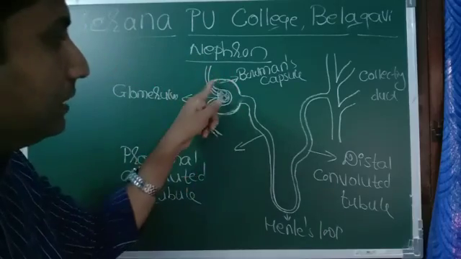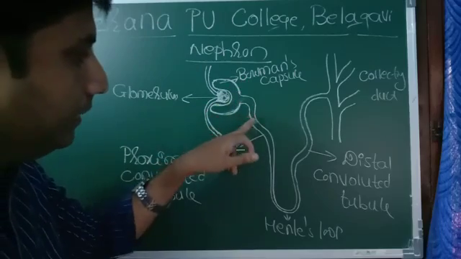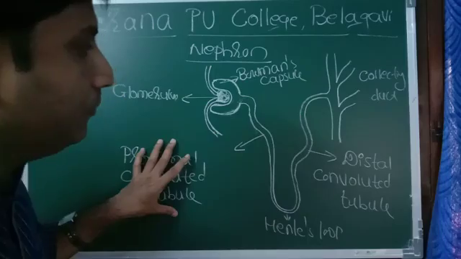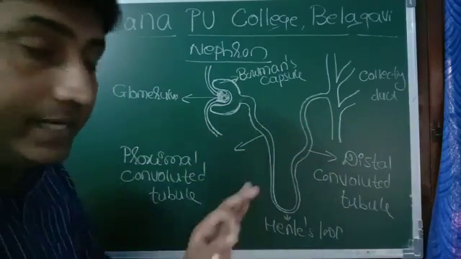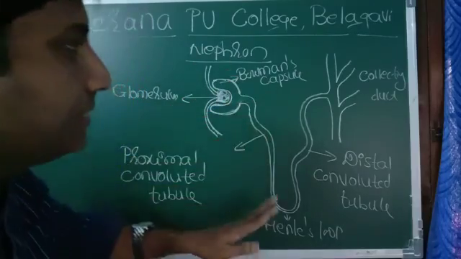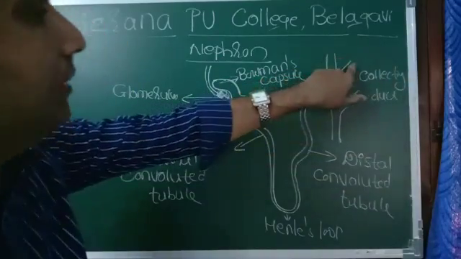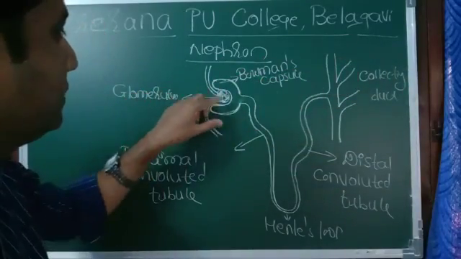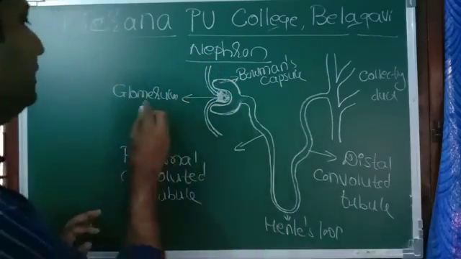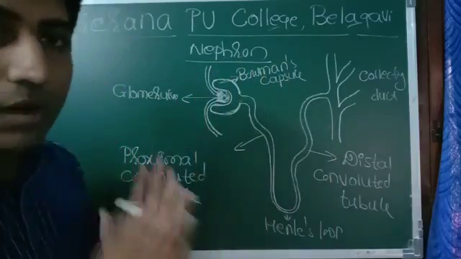Each nephron consists of a capsule-like structure called Bowman's capsule. Then this tubular structure, the first part is PCT, the proximal convoluted tubule. The last part is the DCT, the distal convoluted tubule. This U-shaped part is Henle's loop, and this nephron enters into the collecting duct. Another nephron comes and joins here. The blood capillaries inside the Bowman's capsule, which divide and redivide, are called glomeruli or glomerulus. So this is the structure of a nephron.